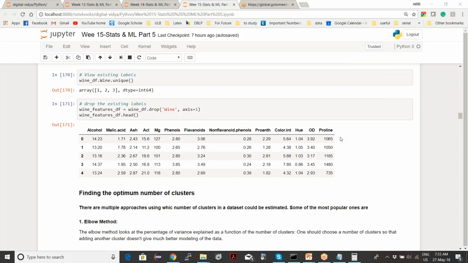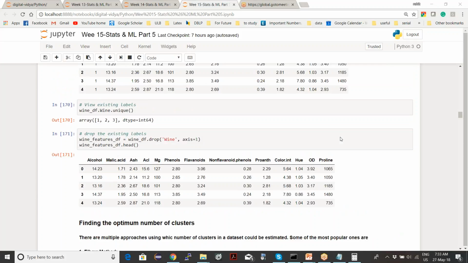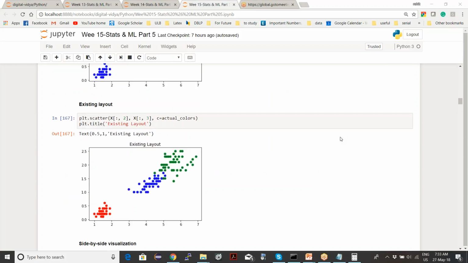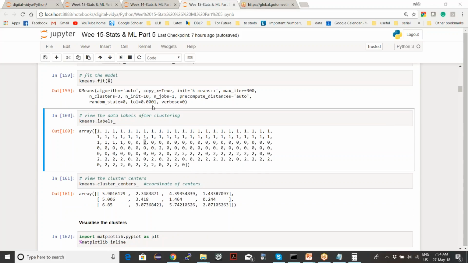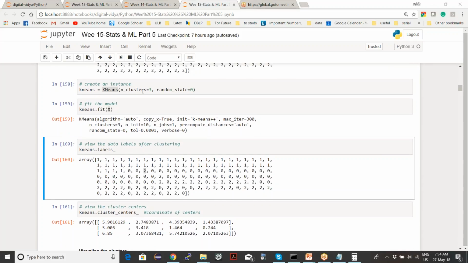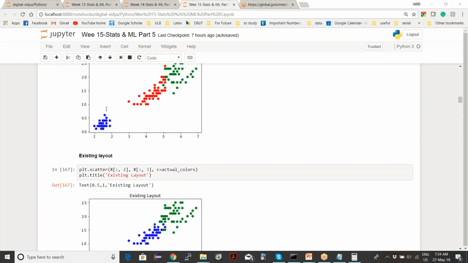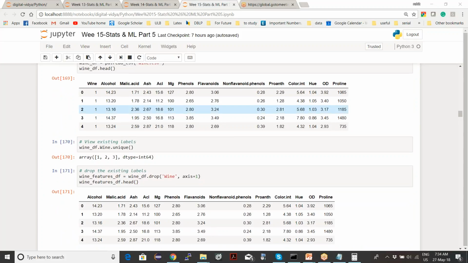So the first thing you have to do is decide how many classes there are. Suppose you knew that there are 3 classes, then you just apply k-means clustering saying number of clusters is 3, as we did here. You will say k-means cluster, number of clusters is 3, fit the model. It will then use all the data you have and cluster it.